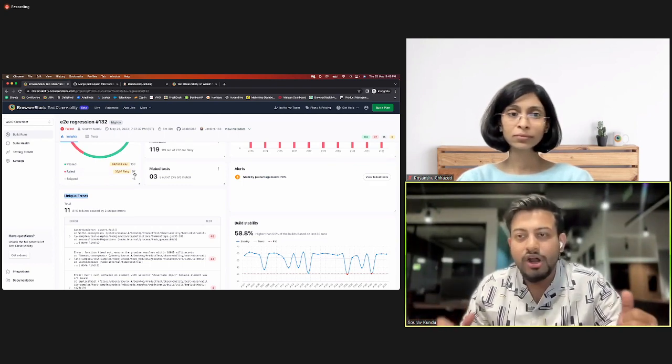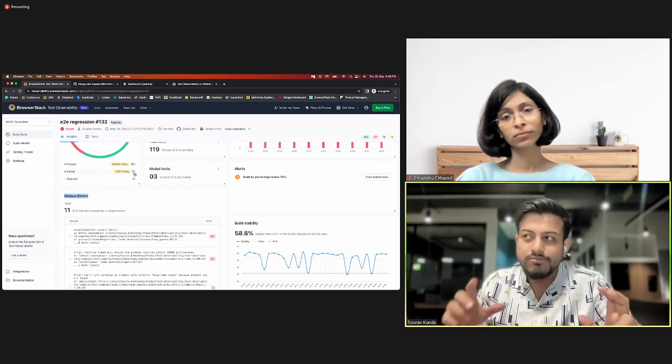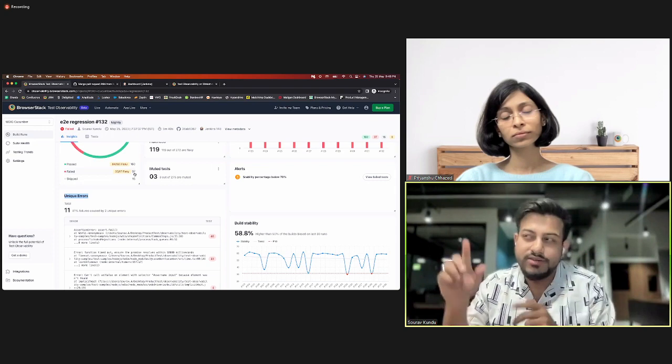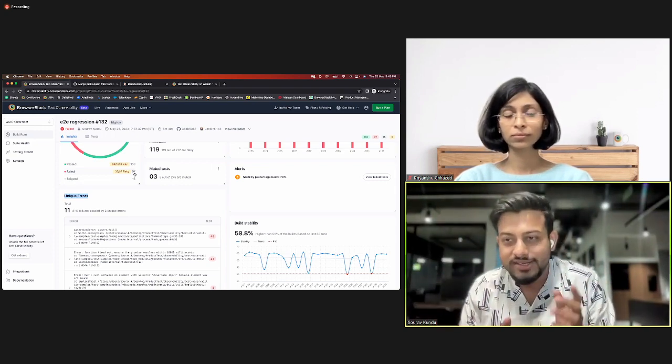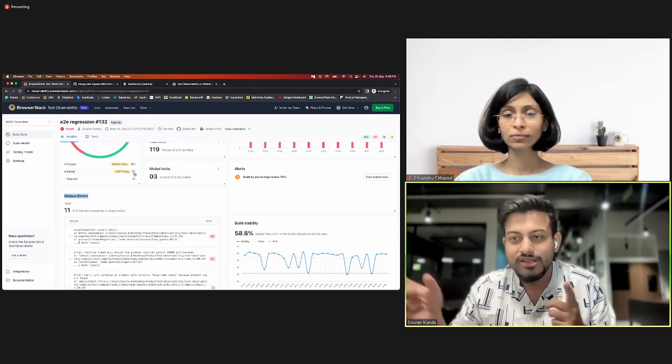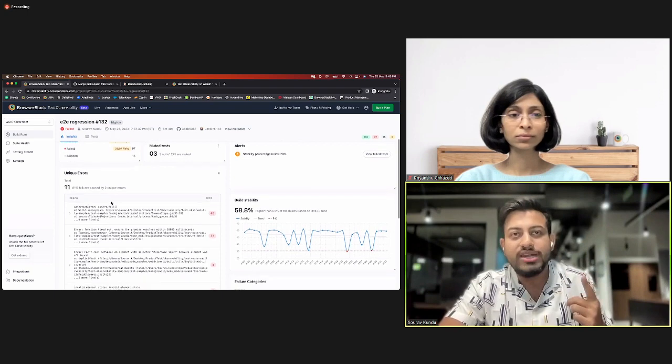Your native reporter will not club issues and tell you that, okay, all these 50 test cases have failed because the sign-in button was not visible on the website. So it's not really 50 failures. It's just one failure. The sign-in button was not there. And that's why 50 test cases failed. This is what unique error auto analysis does for you.